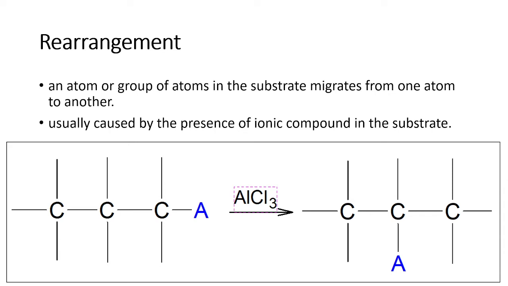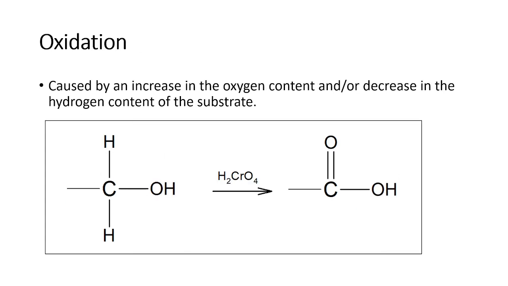So for our special types of organic reaction mechanisms, we have here our oxidation. Oxidation is caused by an increase in the oxygen content or decrease in hydrogen content of a substrate. For this example, if we have an alcohol, meaning, as you may remember from our past discussion, we have here our alkyl group and we have here an OH. So if we have an alcohol that is catalyzed, or there is a presence of what we call here chromic acid,